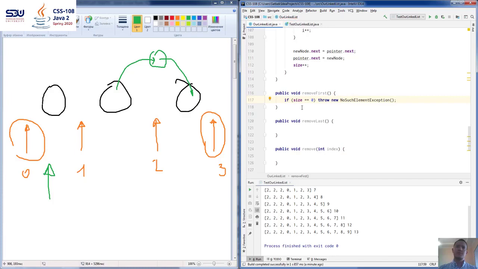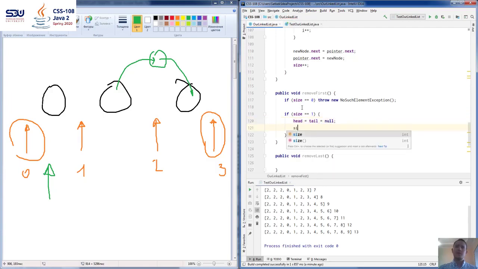In this case it means nothing to remove. And if size is 1, let's consider it a special case. If size is 1, it means the head and tail are going to be both null. The size is going to be 0. Else